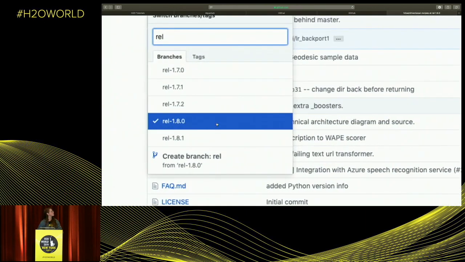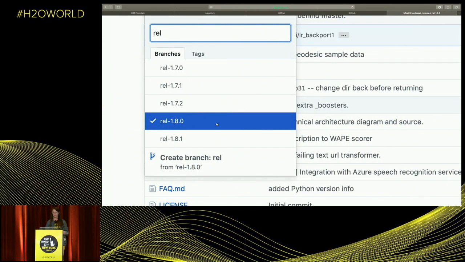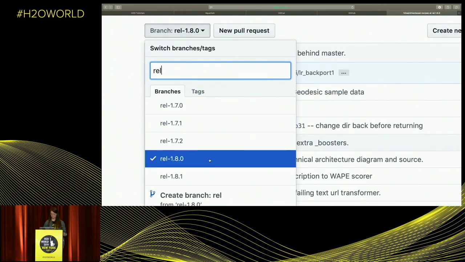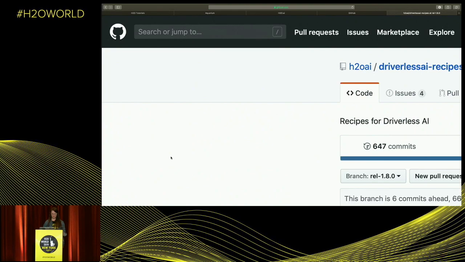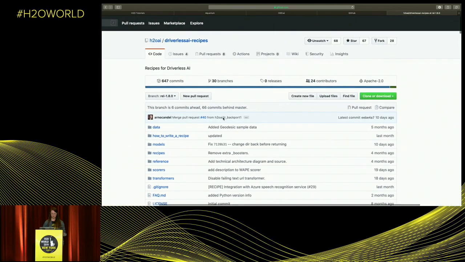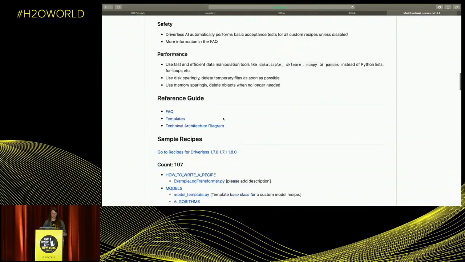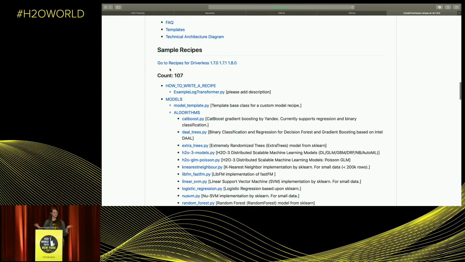I know that's hard to see, sorry. There we go. There's also a link down in the README page to get to that specific branch, in case you don't know how to find that. But there shouldn't be too many branches. Awesome. All right, so once we have clicked on 1.8.0, we'll see for 1.8.0 there are 107 recipes, and the